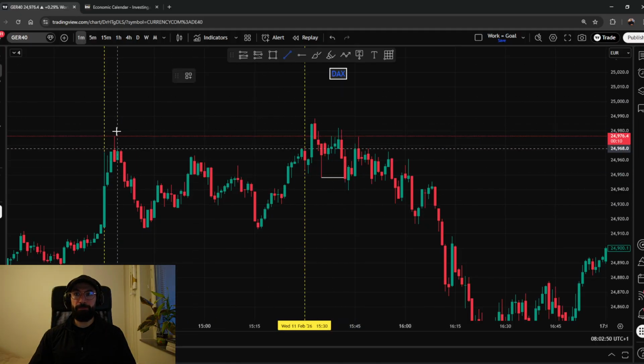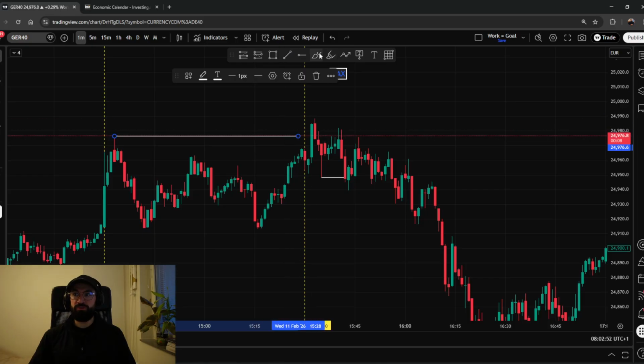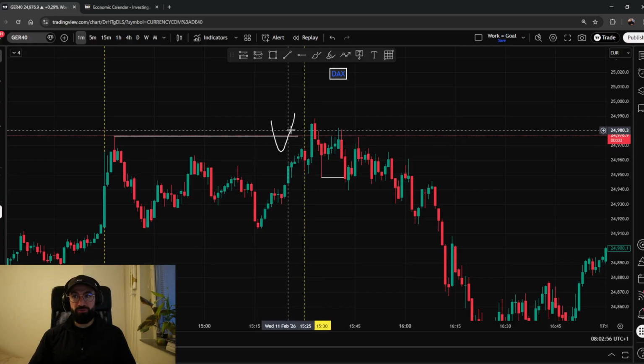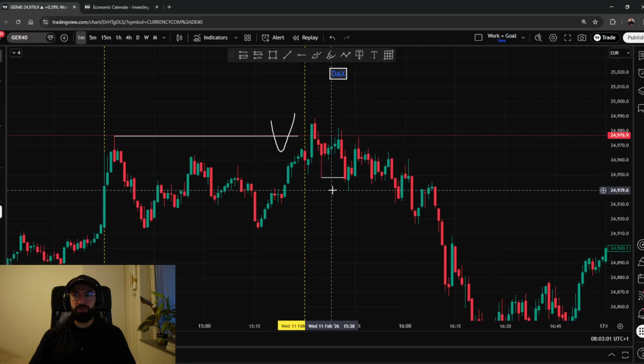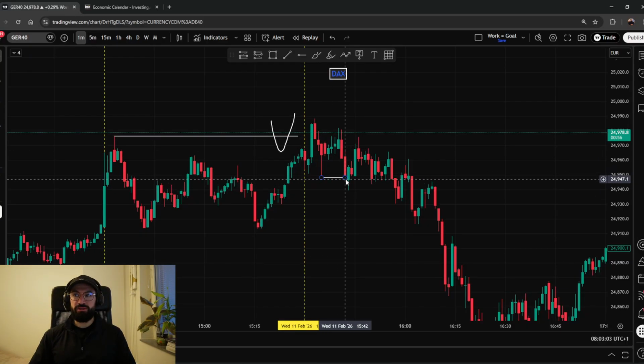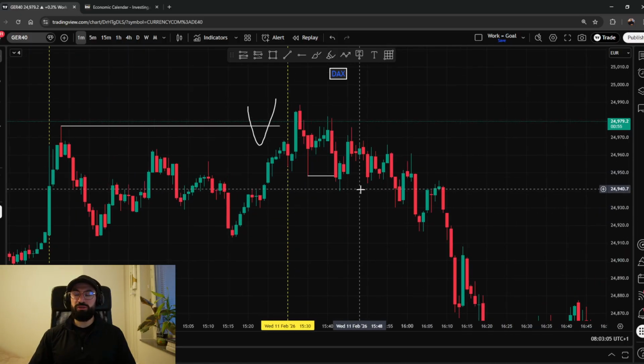So there's liquidity right here. What did the market do? The market swept liquidity right here, and we are waiting after the sweep of liquidity. We are waiting for a break of structure. There's a low created right here, and the body of this candle closed above. So what do